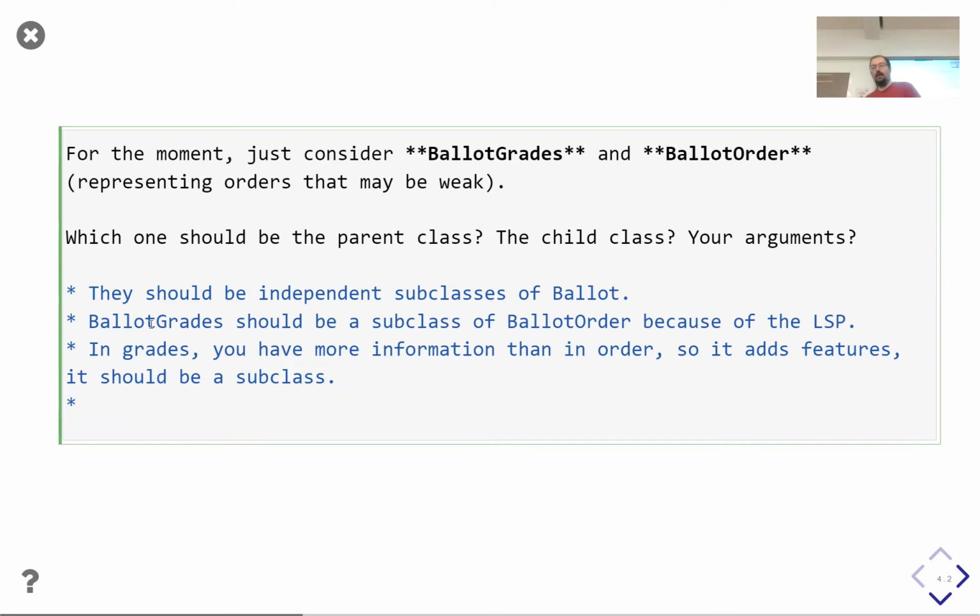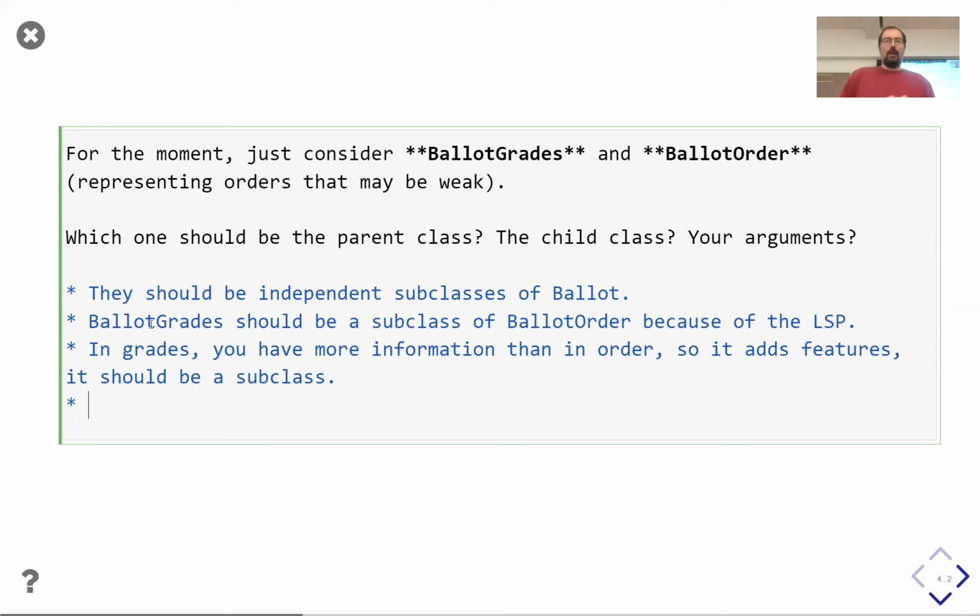Okay. Other ideas or opposite opinion? Does somebody think that ballot order should be a subclass of ballot grades? I agree with it. I would just add that I would keep a somehow abstract class, even if they don't really exist in Python, of ballot for readability purposes, so we remember what ballot is about.